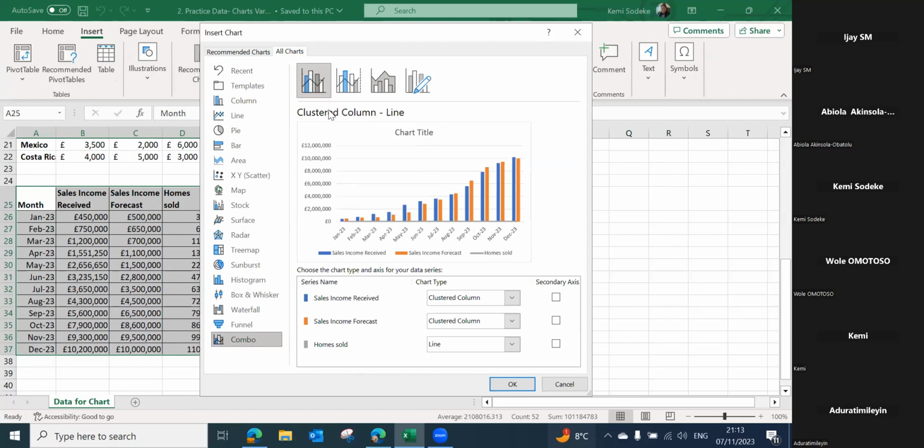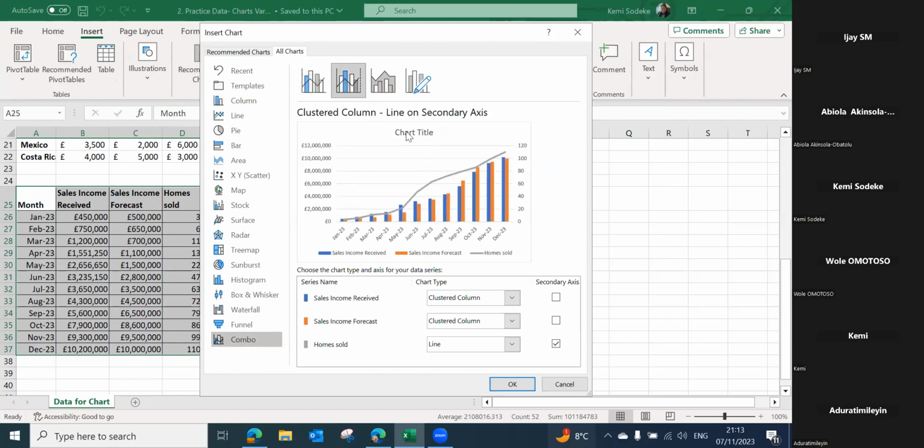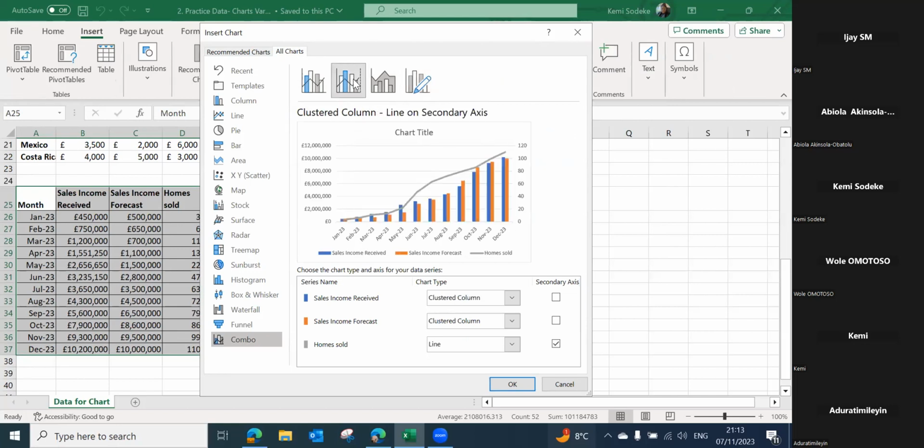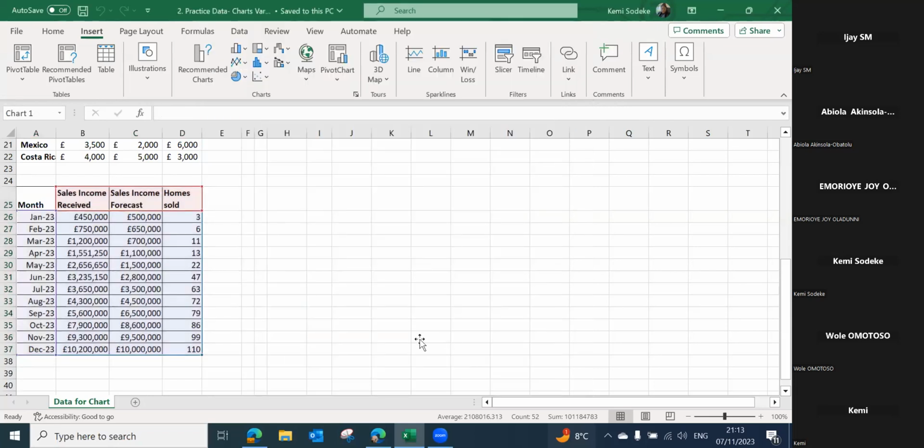So I have different options. I have the clustered column, the clustered line on a secondary axis, and another stacked area. I have custom combination. I'm going to go with this one because I want the number of homes sold on a secondary axis, and I want my sales income and forecast on the main axis. So if I click on the second one and click OK,